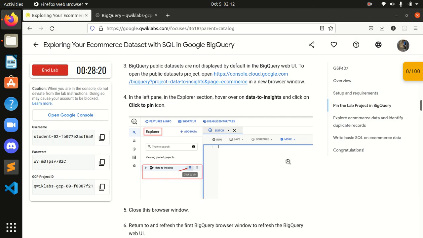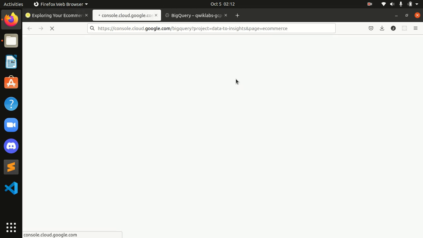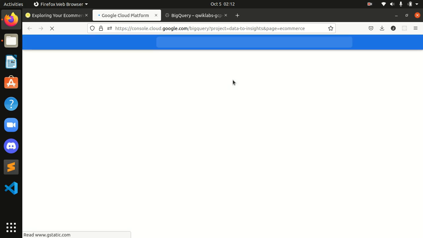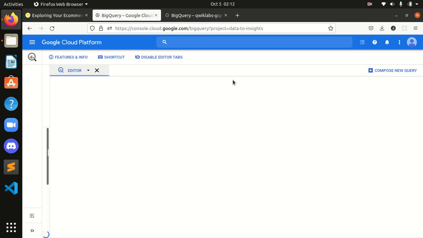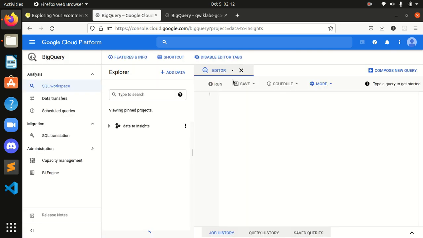After that, BigQuery public datasets are not displayed by default in the BigQuery web UI. To open the BigQuery public dataset project, open a new browser window. I will open this in a new browser window by clicking the link provided.